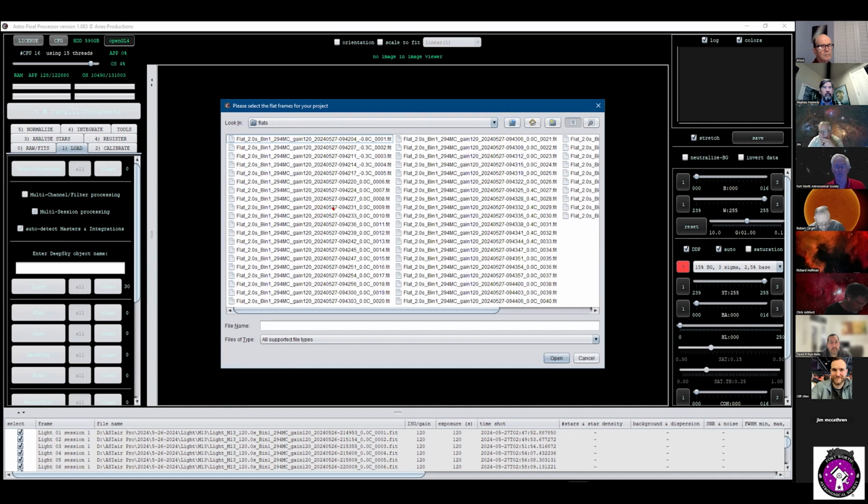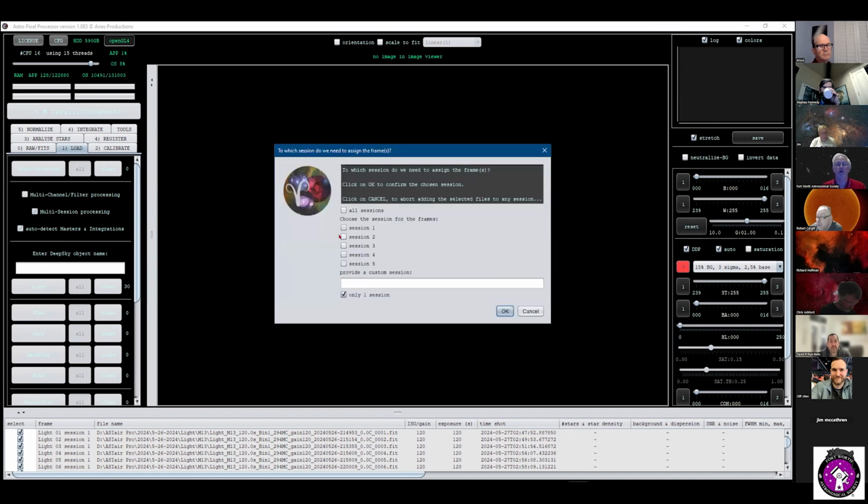How about that? I got my flats there. So same thing, pick the top one, come down, hold the shift key and left click, that'll open it up. So here's an interesting option. Now, remember that flats got to be taken every time. I know that's a whole nother subject, but